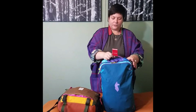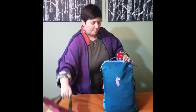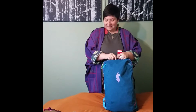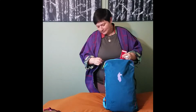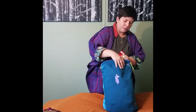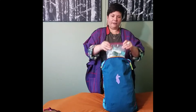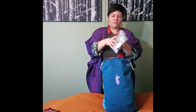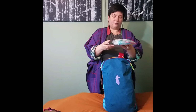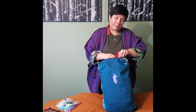So again, this is the Cotopaxi Allpa 28. The interesting thing about this is it opens up as a suitcase. First, this front zipper here is sort of halfway, and here I keep my liquids bag. Just your regular old non-fancy liquids bag, I'll go through that later. And then the main compartment,